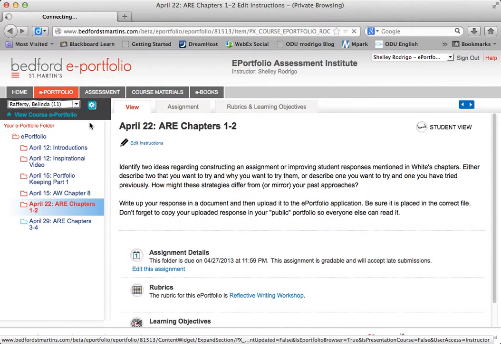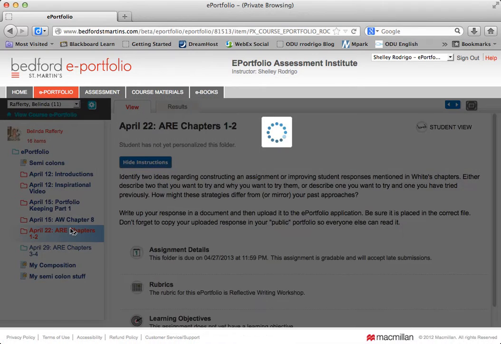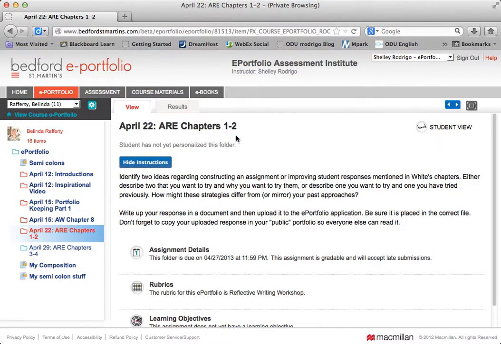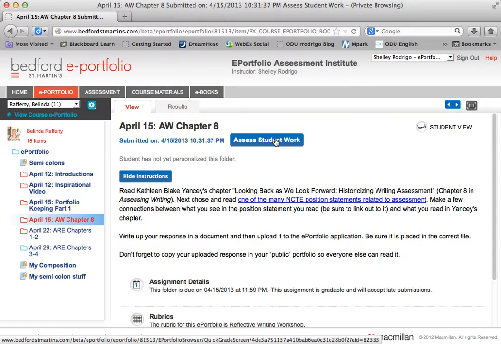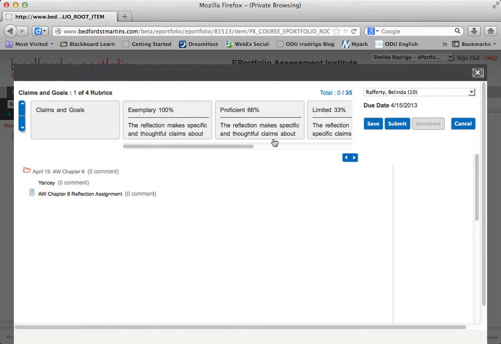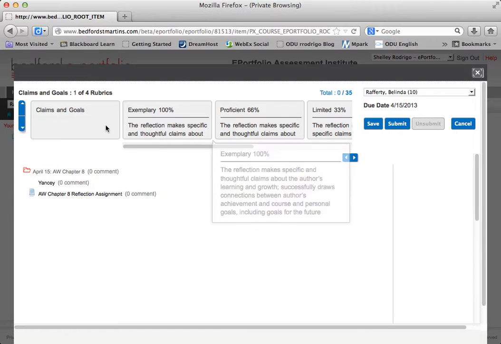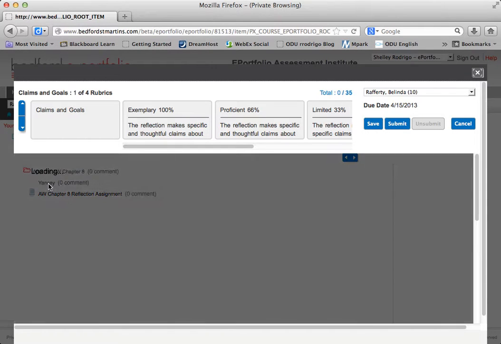Let's try Belinda. There we go. So try April 22nd for Belinda. Since I don't have grade, something that says grade, I'm assuming, there's a button that says assess student work. Okay, so what you see now at the top is a rubric, but there's nothing to look at yet. I'm going to click on the button that says Yancey,